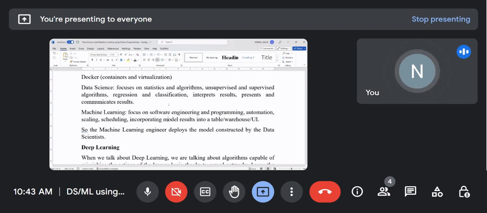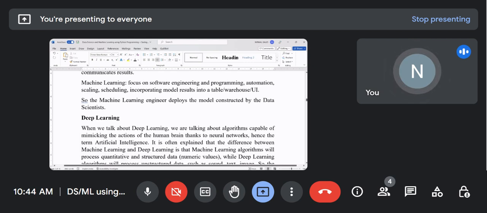So in machine learning, we are talking about the skills a software engineer has. So this is the difference between data science and machine learning. A machine learning engineer deploys the model which has been constructed after the complete implementation of the project, and then the data scientists and analysts are going to use